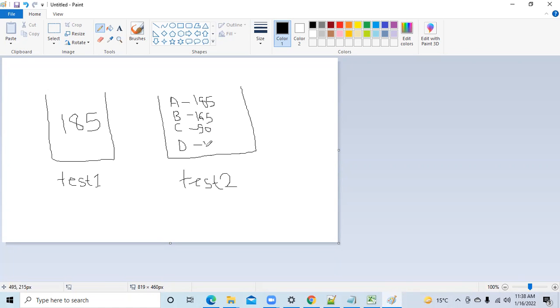Don't know, whatever it may be. Okay, so I've created these two buckets. After this, what I'm telling is: this 185, take the value from here and search here. So then we found that this is matching with this one. So finally, what we have done is we have picked this value, because this is matching with this. This is the logic we have applied. Understood? Easy?